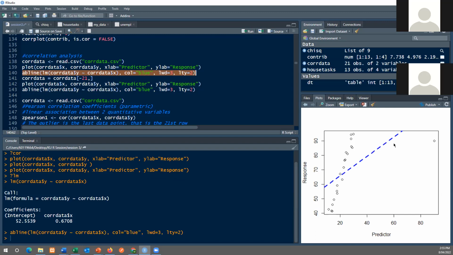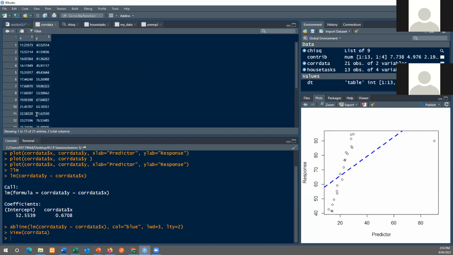Now the question is, why is our data here and the line there? The answer is that we have a point which we call an outlier, okay? A point which doesn't belong to a group or doesn't show a resemblance to the group is called an outlier. In this case, this is an outlier. And you can see what that value is, if you look at the cor data, it would be this one,